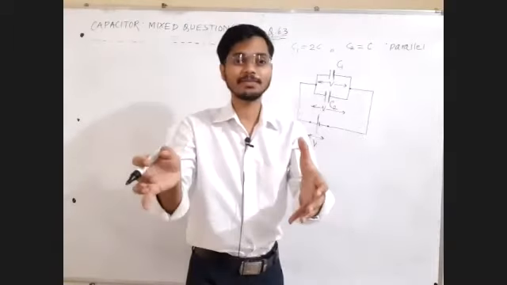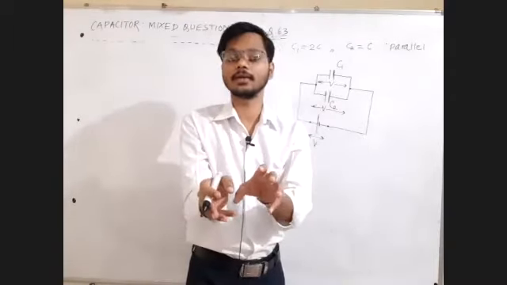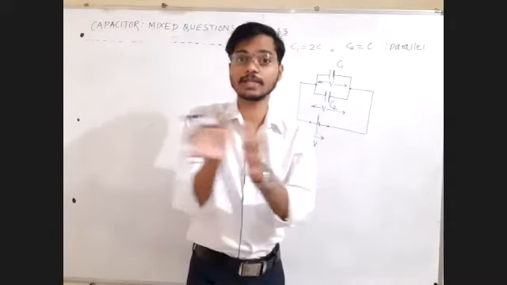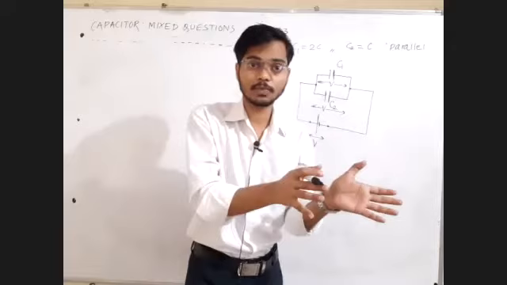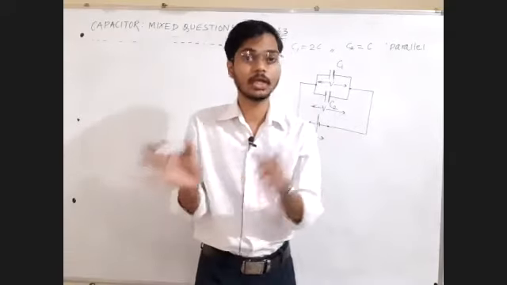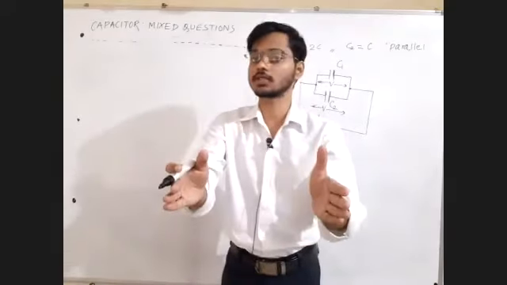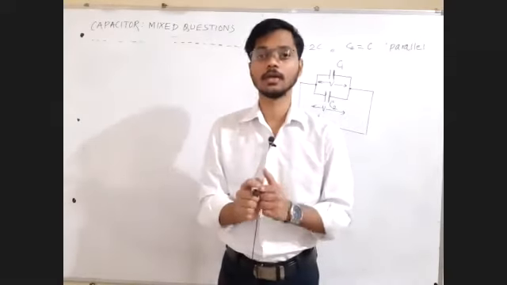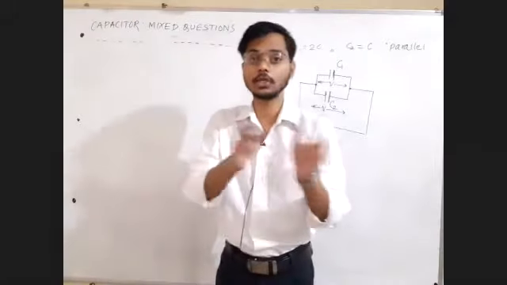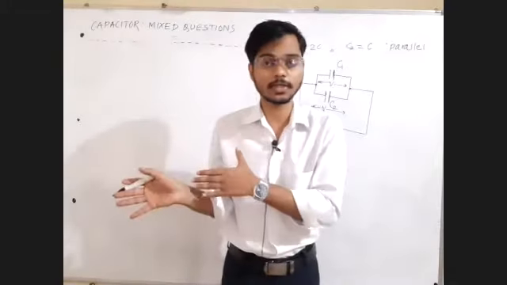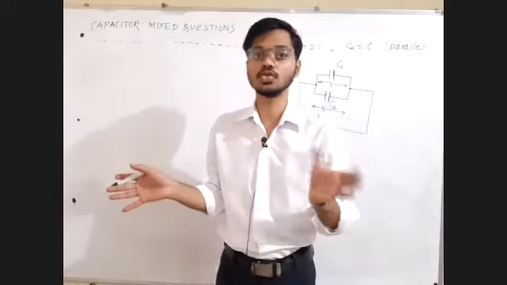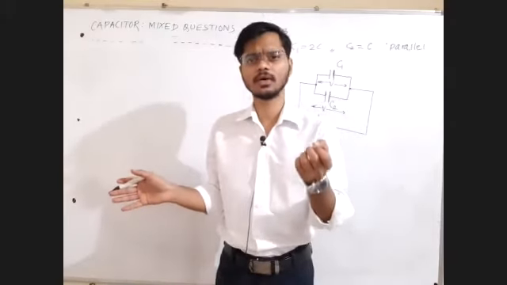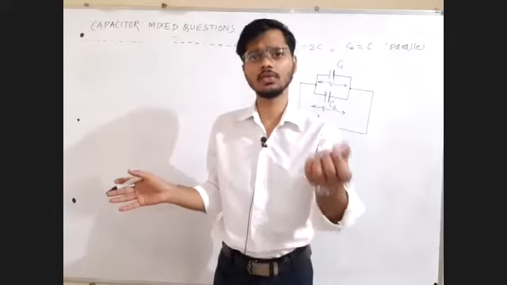But if the battery has been kept connected and the changes have been made, in that situation, battery is present in the initial as well as in final situation. So if the battery is present both in initial and final situation, then the battery will keep the potential difference constant. So battery present means potential difference constant. And if the battery is removed, initially it was present and now it is not present, it means charge will be conserved. There is no one to accept or give the charge. The task of the battery is to give or accept the charge.